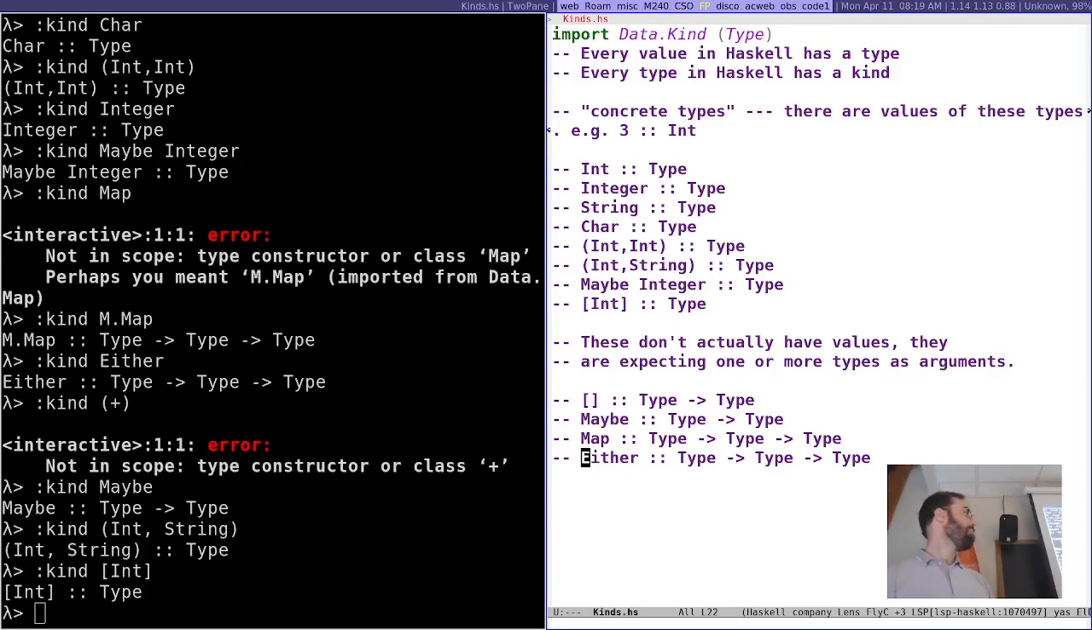Sam? So it doesn't use values. Right, yeah, so map